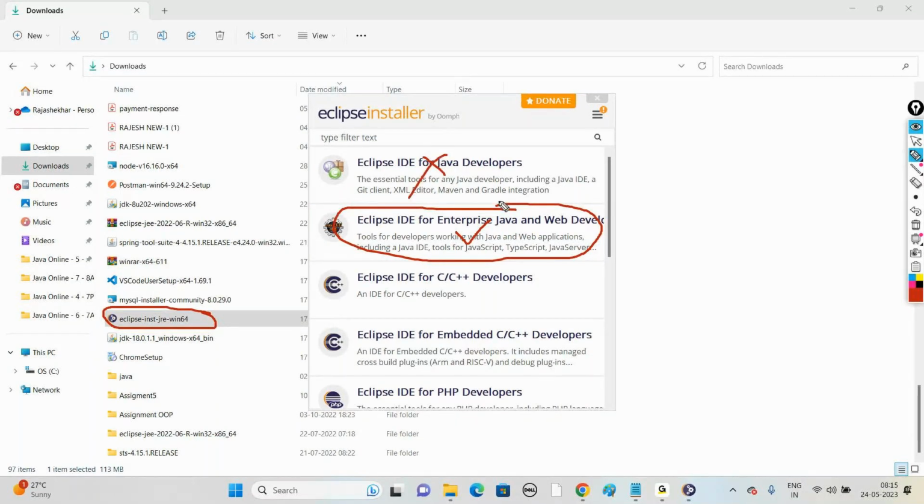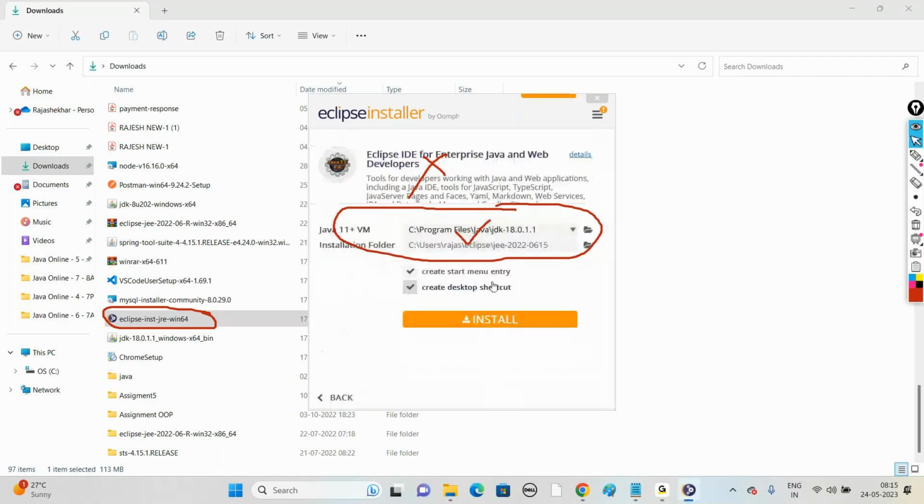If you go with the Java developers, we can develop only simple standalone applications, only core Java. But our course is complete Java. Full stack means I should be able to develop web and even enterprise applications. If I want to develop all the complete Java, then go with the second one, Eclipse IDE for enterprise Java and web developers. So choose the second one. Then it will ask you